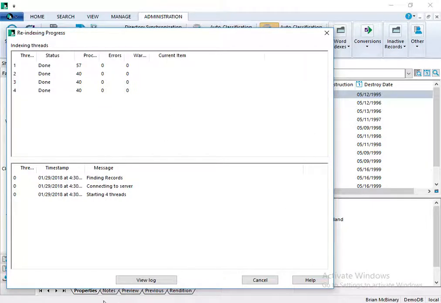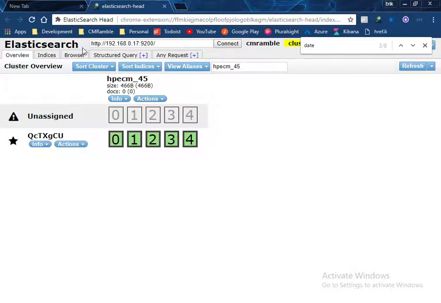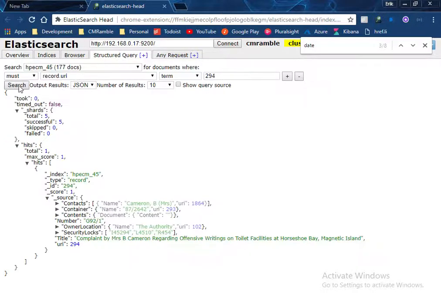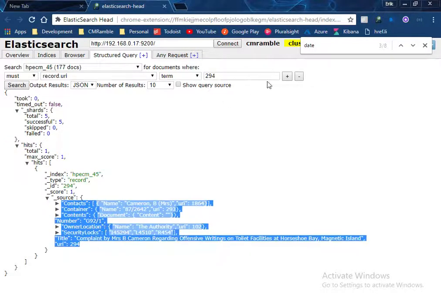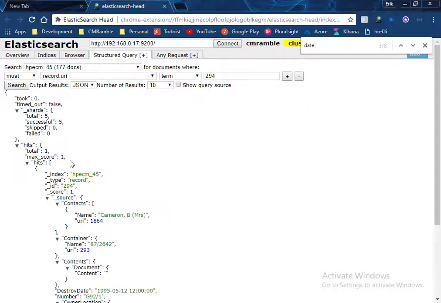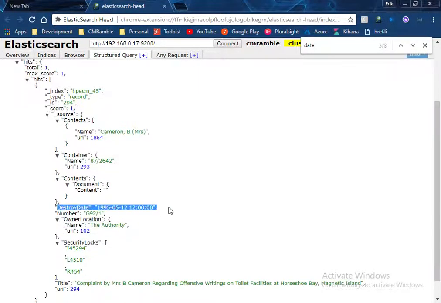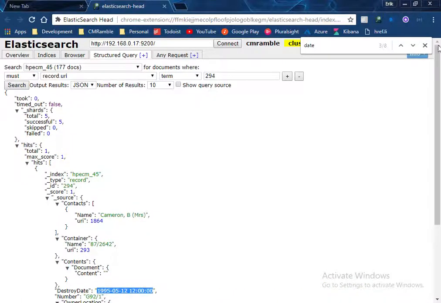In the index itself, it actually functionally does nothing, or very little at least, because if I look at this, remember previously I didn't have a date, then it turned into a date that was a string, and now here it's the same thing. The destroy date is still a string. That's how it gets submitted to Elasticsearch. That's how it's going to be treated by Elasticsearch. But the huge difference, why this is important and so helpful, is